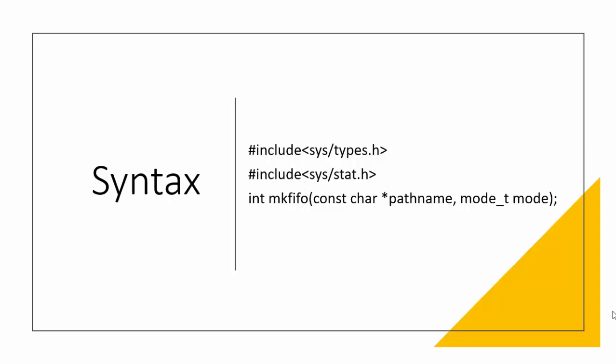The advantage here is that this FIFO special file can be used by any process for reading or writing just like a normal file. This means that the sender process can use the write system call to write data into the pipe, and the receiver process can use the read system call to read data from the pipe, hence completing the communication. So to understand the mkfifo function in a better manner, you must understand how to use the read and write system calls, which we have done in the earlier labs.